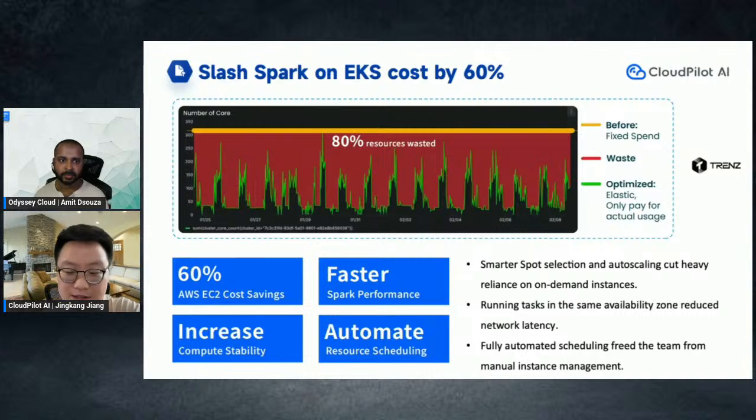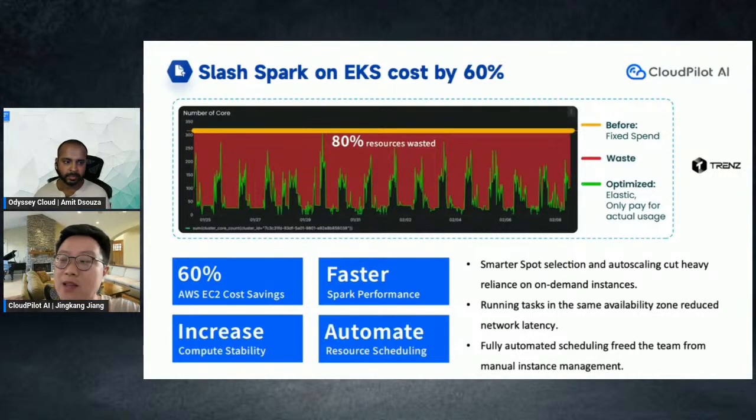They have ups and downs, but before they met us, they bought resources with a fixed spend by the peak demand, like 300 EC2 instances. But in the middle of the night, very few people are using their website, so there's a huge waste, like 80% of